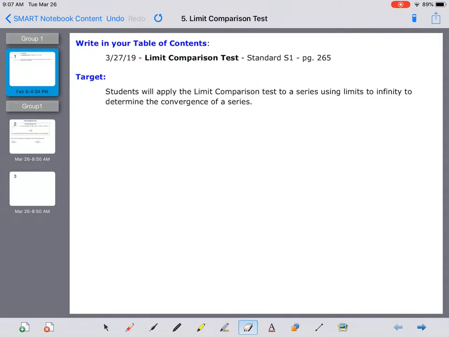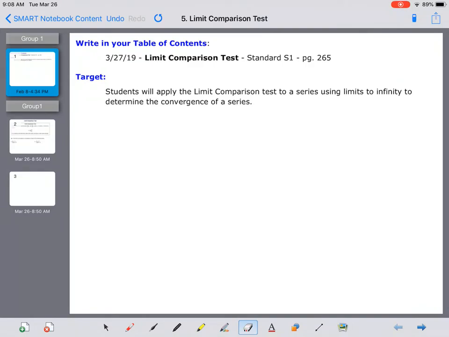Okay, this video is going to be over the limit comparison test. Target says students will apply the limit comparison test to a series using limits to infinity to determine the convergence of a series. So yesterday in class we left off with two series that looked very similar to a p-series